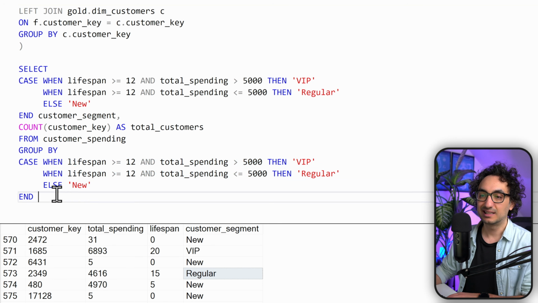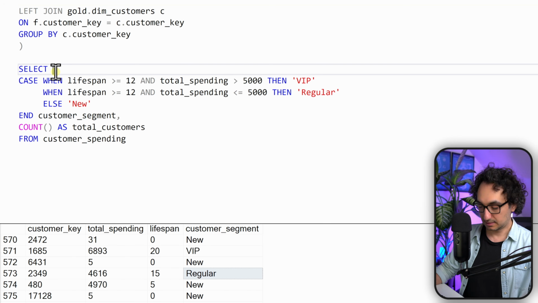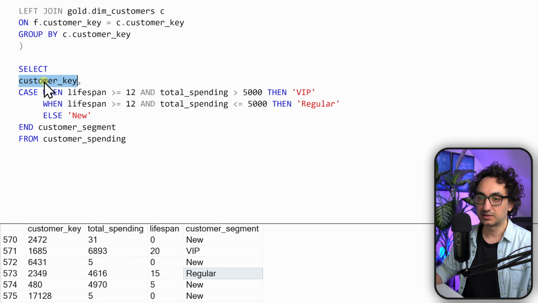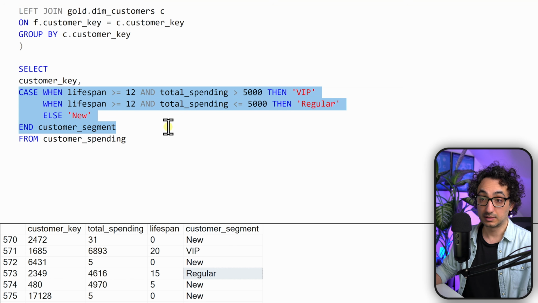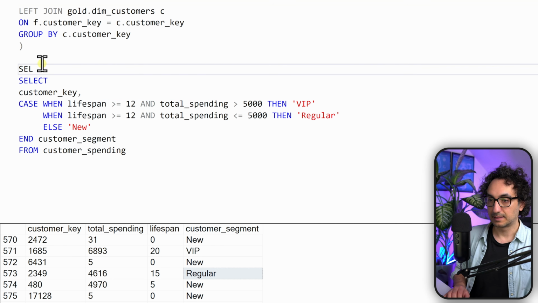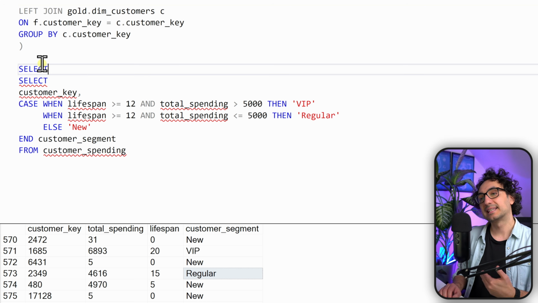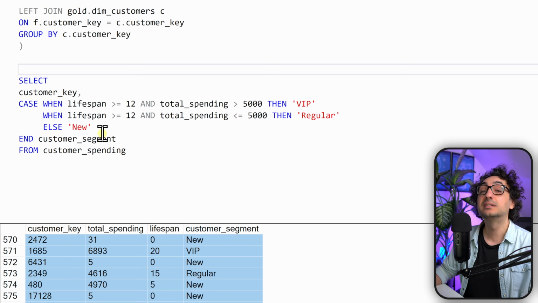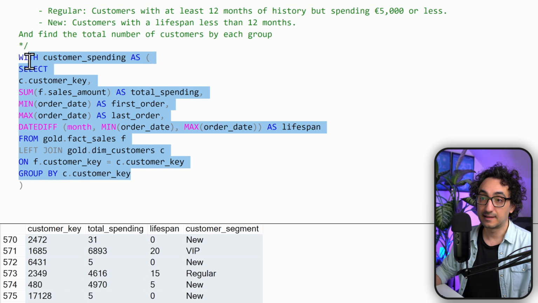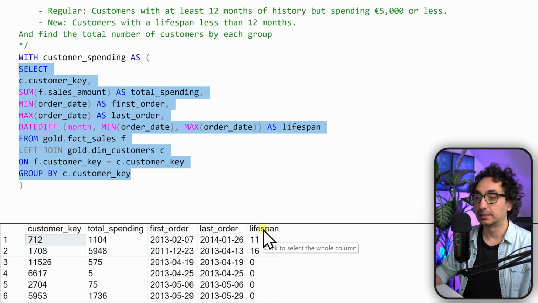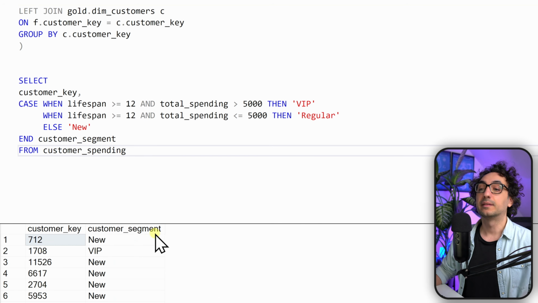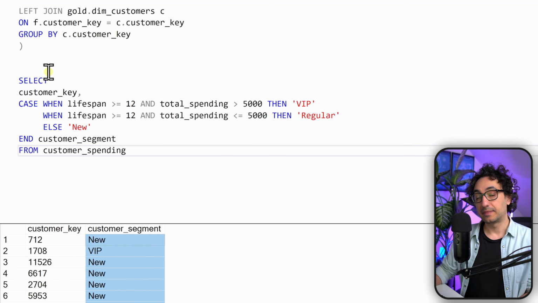So now actually instead of that, I change my mind. I'm gonna still have the aggregation in the second step. So we need the customer key. We have the definition of our customer segments. And now I'm gonna use a subquery where I put the aggregation as a second step. So my friends, that means this is again a second intermediate result. You can of course put it in a second CTE. So this is the first intermediate result where we have created the lifespan and the total spending, and the second intermediate result is creating the customer segments, and the third step and the last one is